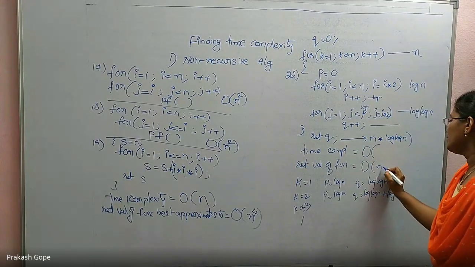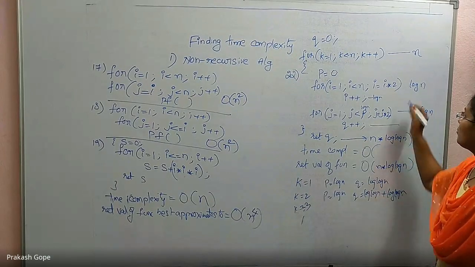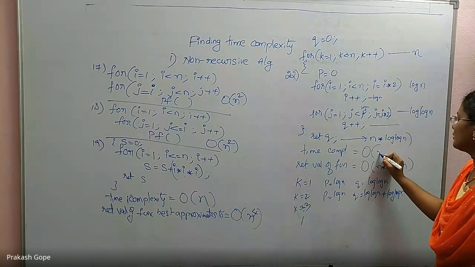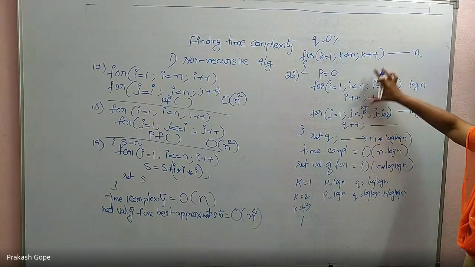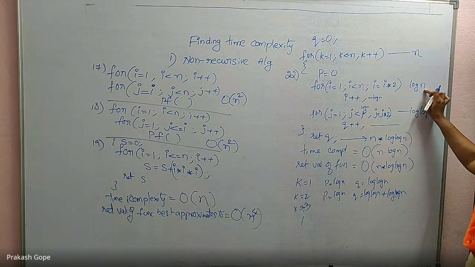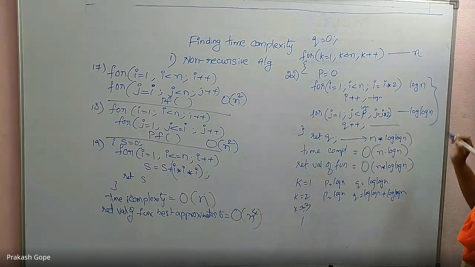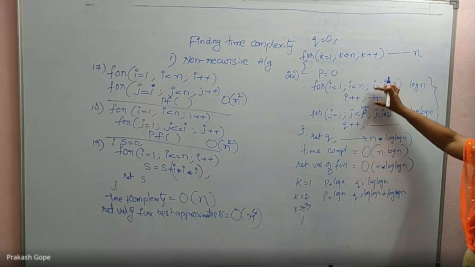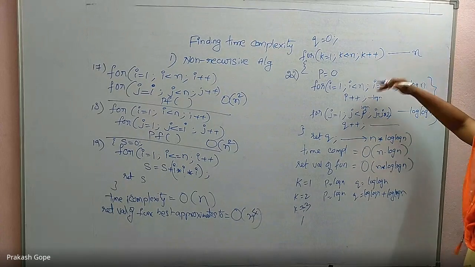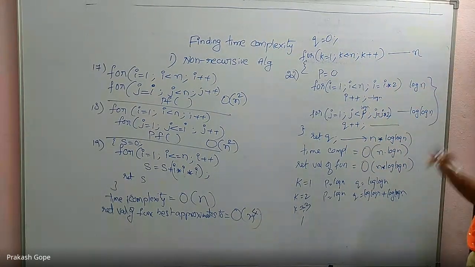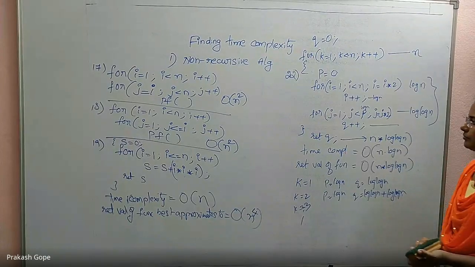So the return value is n into log n. Time complexity is n into log n, because within this for loop, the maximum is log n. Outer for loop is anyway there, n into log n. So from this max of, because two different for loops, the max of is log n into this. Because this is the internal for loop, it is n into log n. So it is n log n. Return value is n into log n. Yeah.